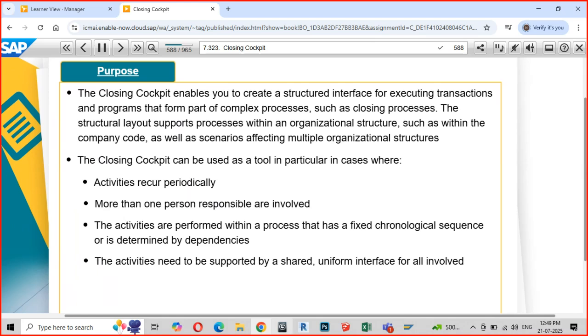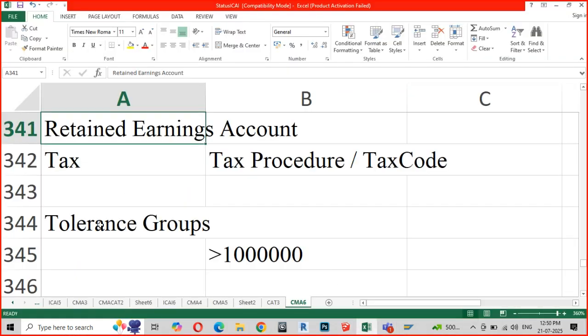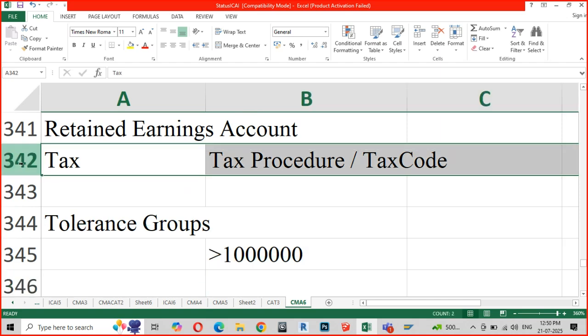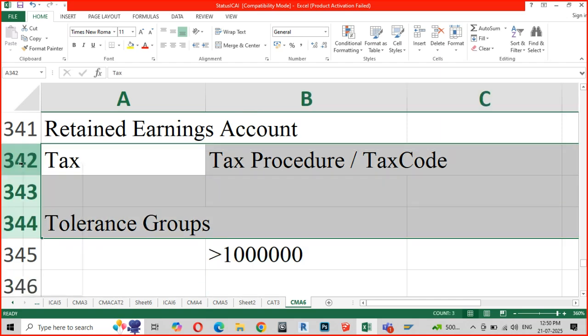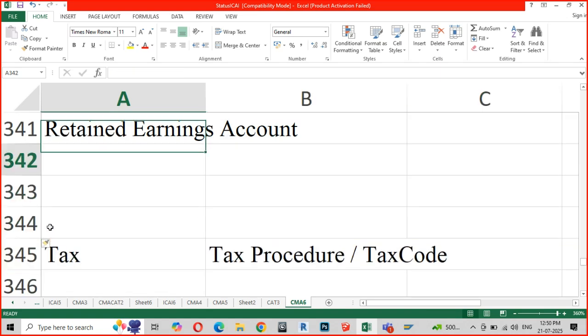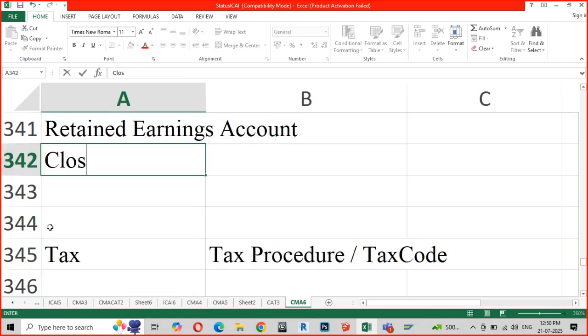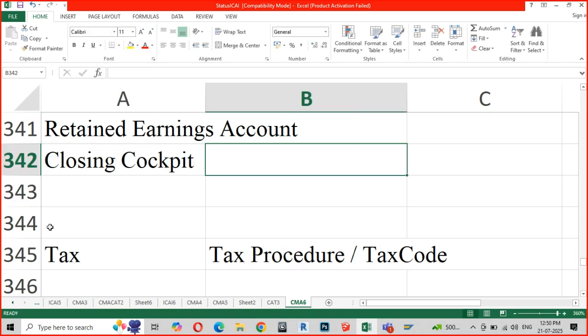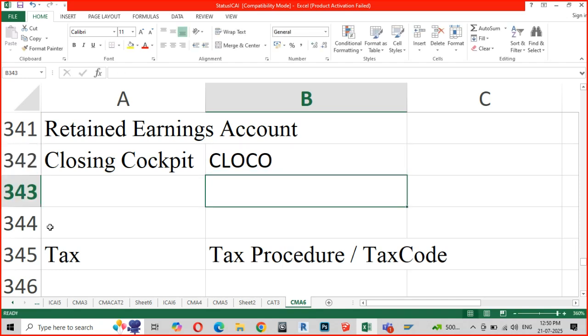So it is called a closing cockpit. The transaction code is CLOCO, CLOCO. This is the transaction code.